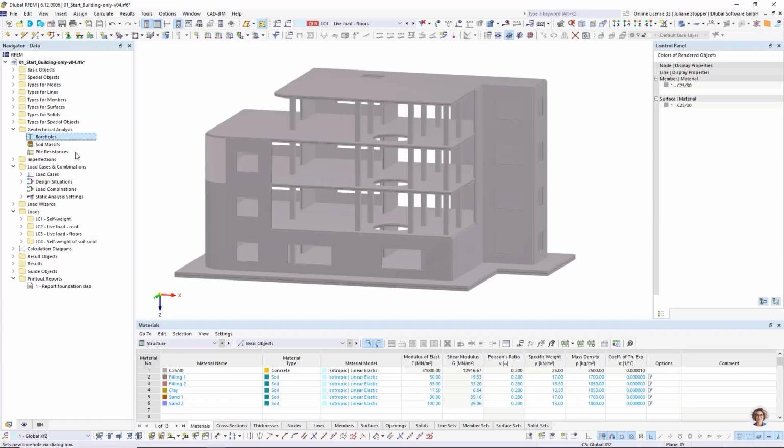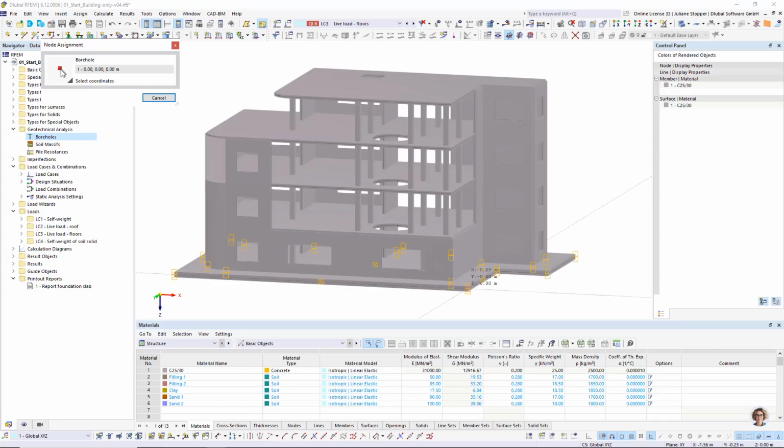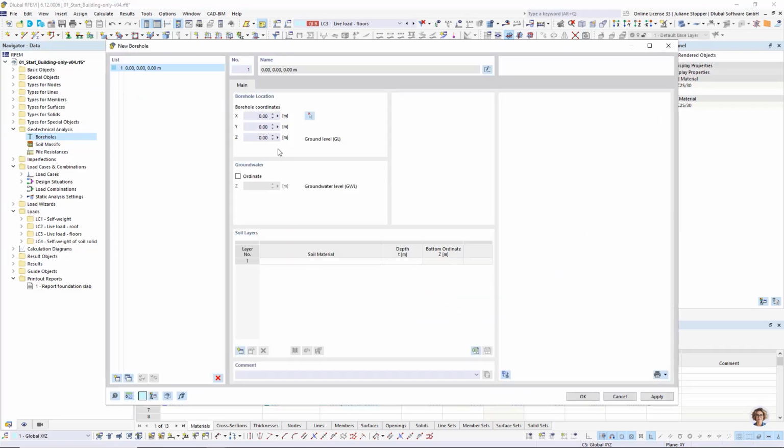So I go here and say create a new borehole. The borehole can be used to give the information about the soil stratigraphy that was found by the tests and is described in the geotechnical report. You can directly give this input here. You can give the position where this soil stratigraphy was discovered, and then you can give the soil layers and so on. Here we also can give a groundwater layer. So let's say we have here 2 meters,